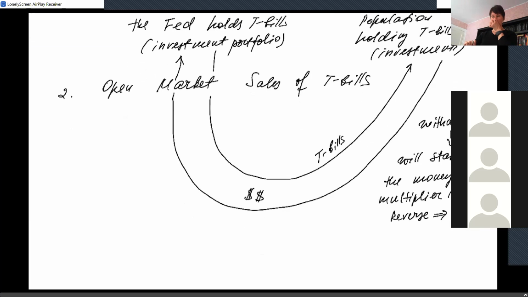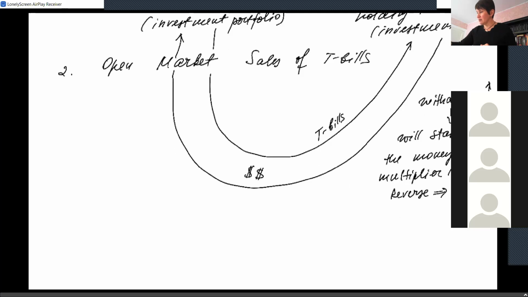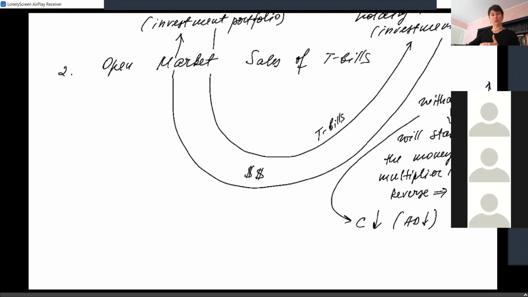Okay, so look what happens. You are buying something from the Fed. I mean, you're expanding your investment portfolio. That's great. You're going to earn more money when those treasury bills mature or expire. But for now, you just took some chunk of money out of a checking account. You can't spend that money. It's gone. Okay. So withdrawals restrict our spending power. We can't spend what we just saved, right? And as a result, we're looking at lower consumption and lower demand.